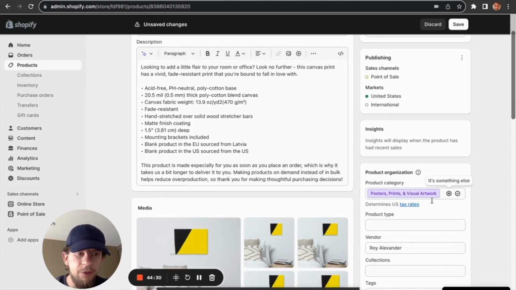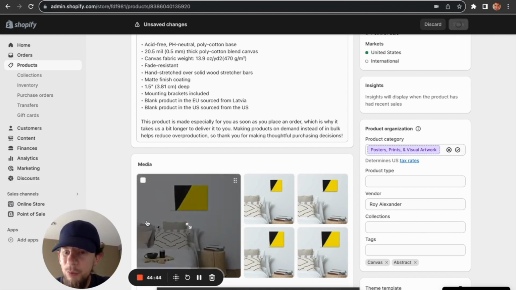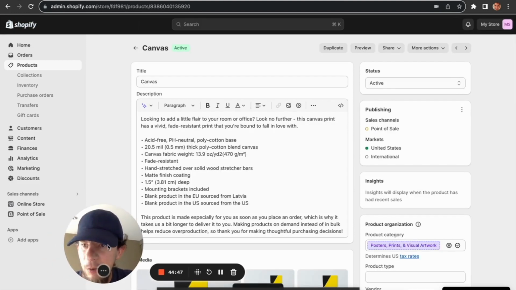So also, if you look here, there is another product category, posters, prints, and visual artwork. So that's probably going to be our best bet. We'd probably want to categorize even our original pieces for that as well. So this is a really quick overview. There's some other things I want to talk to you about while I'm on here. When it comes